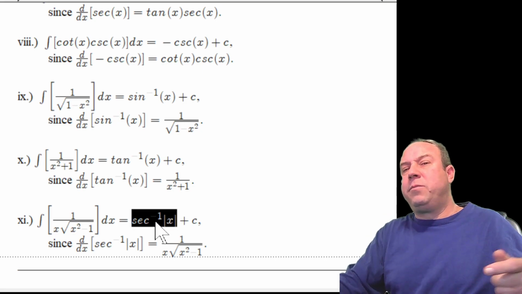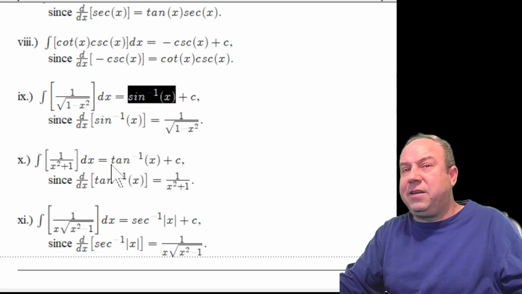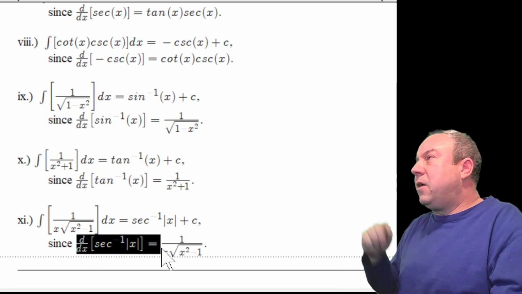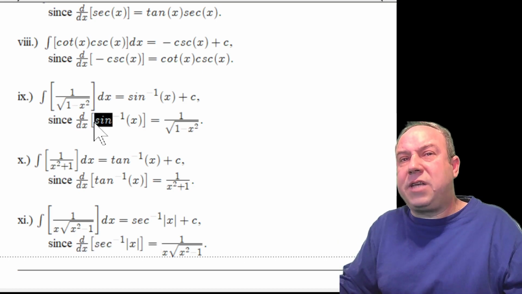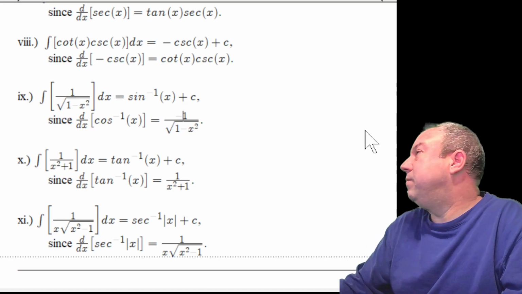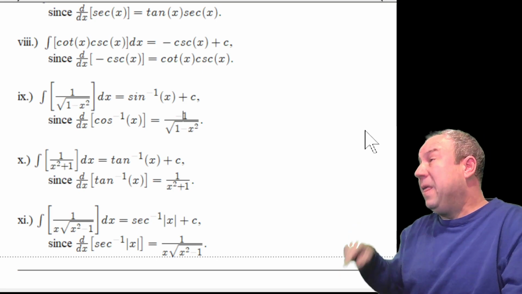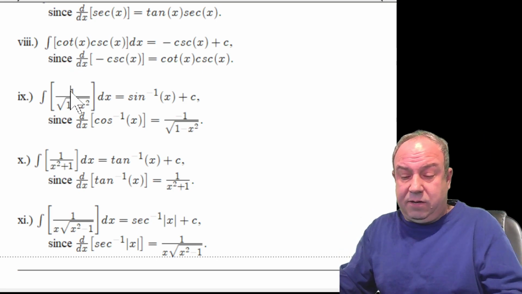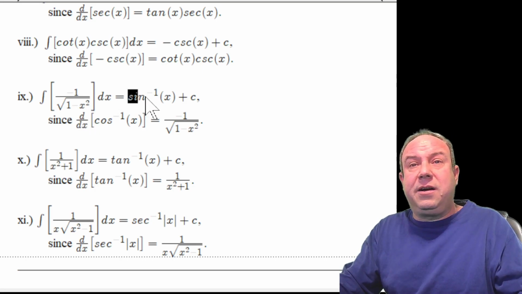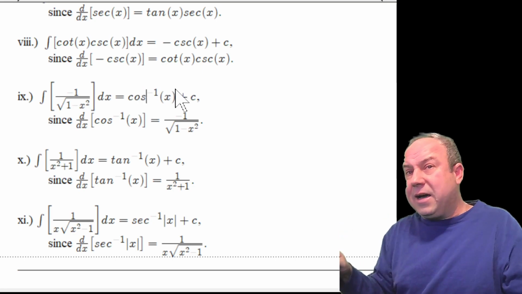All from those derivative rules for the inverse trig functions: sine inverse, tangent inverse, and secant inverse. Now you might be sitting there going, well, what about the cosine inverse? Didn't the cosine inverse have a derivative rule given by negative 1 over the square root of 1 minus x squared? And I'll say yes, which does mean that if you took the antiderivative of negative 1 over the square root of 1 minus x squared, that would equal the cosine inverse of x plus c,